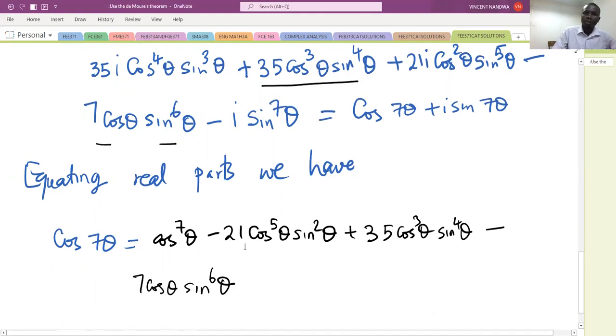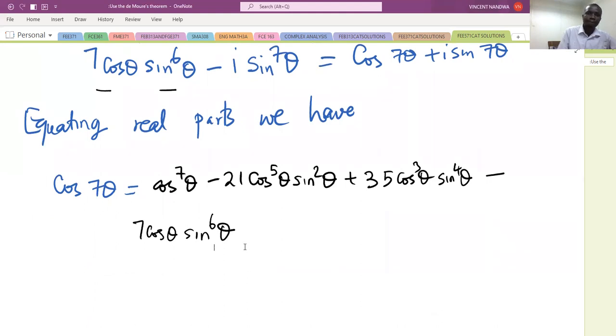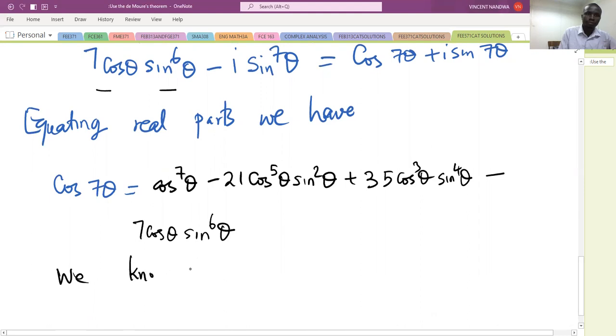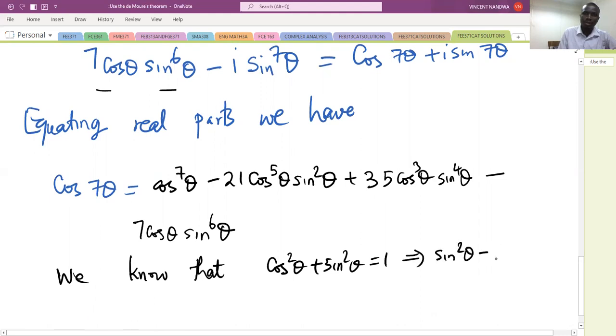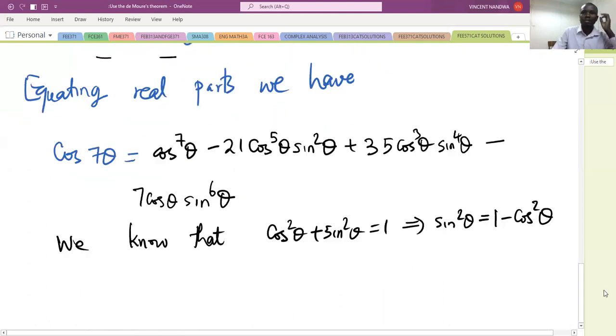Now, we know that cos squared theta plus sine squared theta is 1, which implies sine squared theta is the same as 1 minus cos squared theta. So where there are powers of sine which are even, we will replace them by this identity, 1 minus cosine